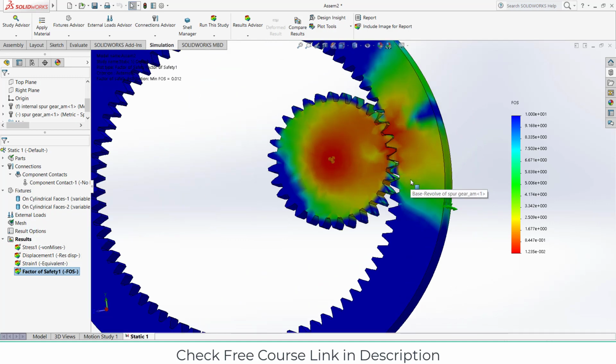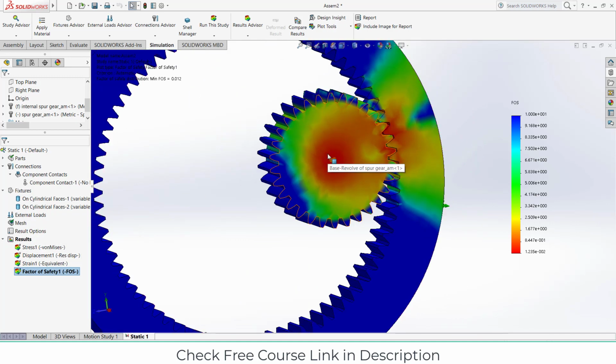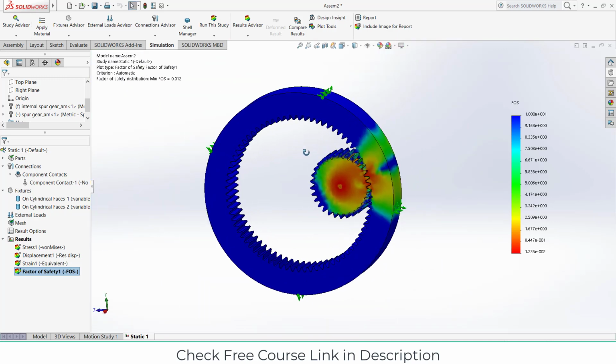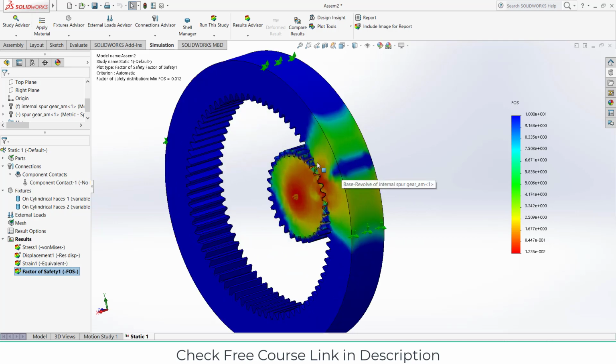I hope you learned something from this video. Just in case, I have already taught many times how to plot graphs and other things. If you want to learn how to plot graphs and various points and values, check out the link in the description of my various SolidWorks simulation courses, where I've explained these things many times, briefly and calmly.